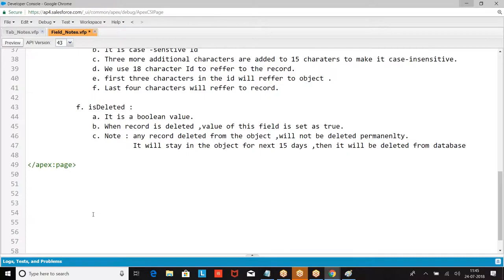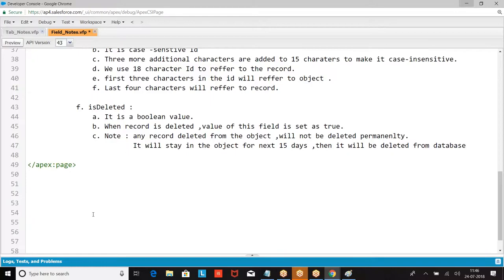When you delete any record, the record will be deleted from the object and kept as IsDeleted equal to true. But still the record is in the database only. Are you getting my point? When you delete a record, the value is kept as what? True. That means you cannot use this data. But still the record is in the database. When you undelete, the record will come back to the object.